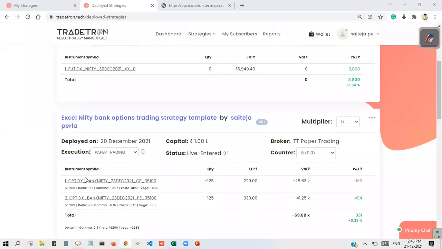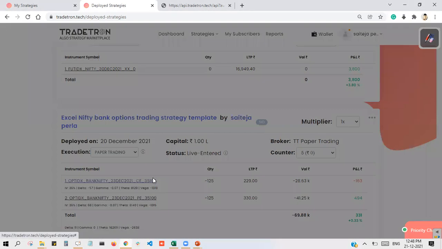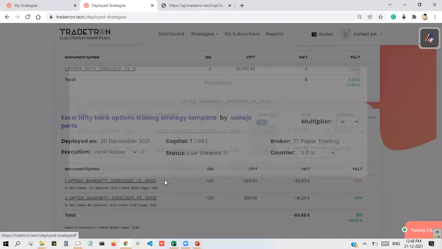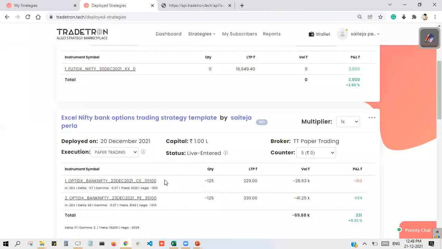And if you see here for Nifty 50, Nifty Bank options, I have placed the exit order. So let us check. If you see on the screen, it hasn't been exited. But if you click the position, you will see that the exit order has already been placed at 12:47. Sometimes it will take some time to update, but the order is placed at the moment.